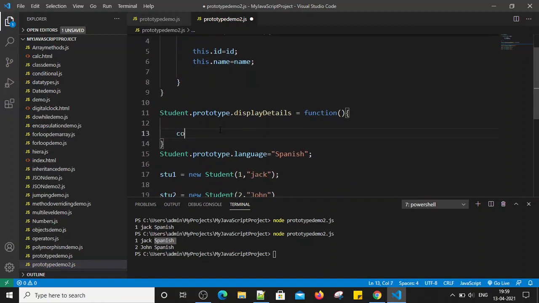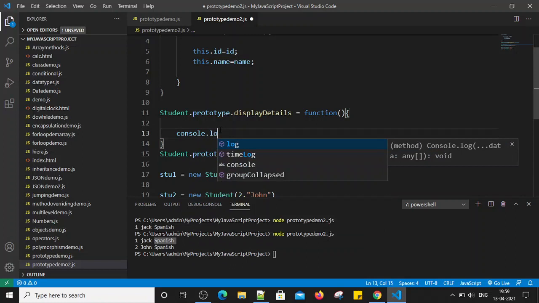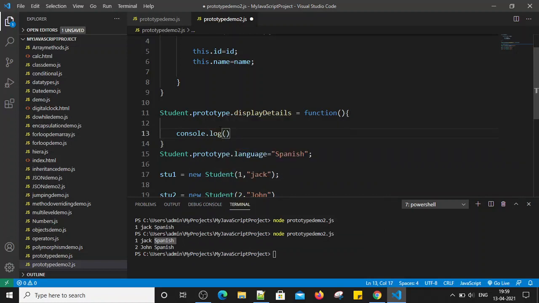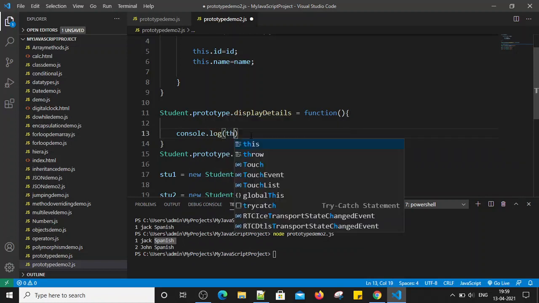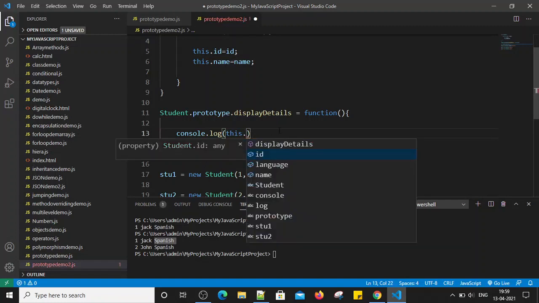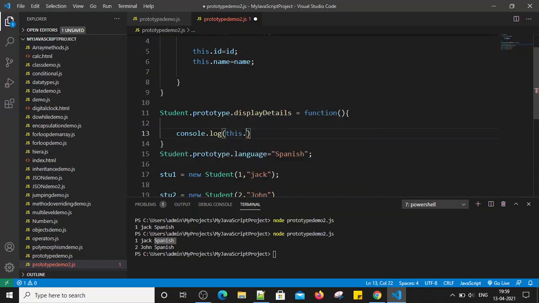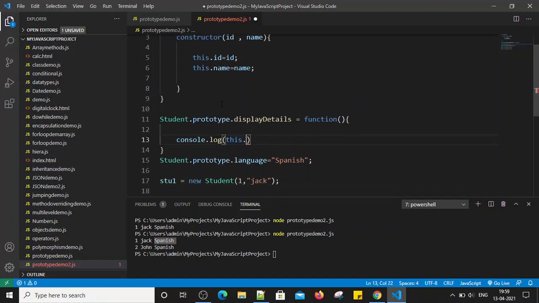Now what it should display: it should simply do console.log. Since we are accessing the class or instance variables, we have to use this, right? This refers to the current object.